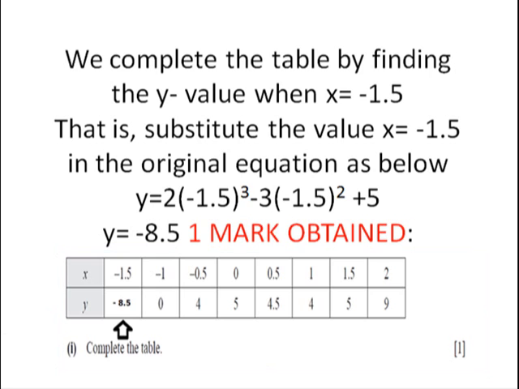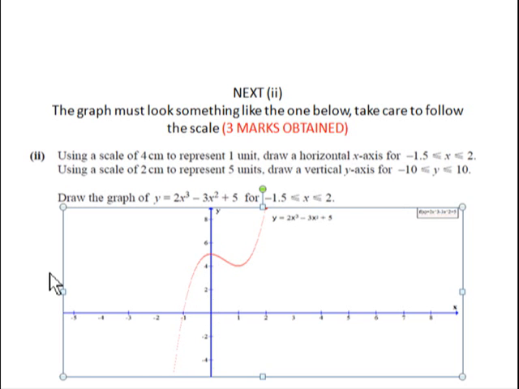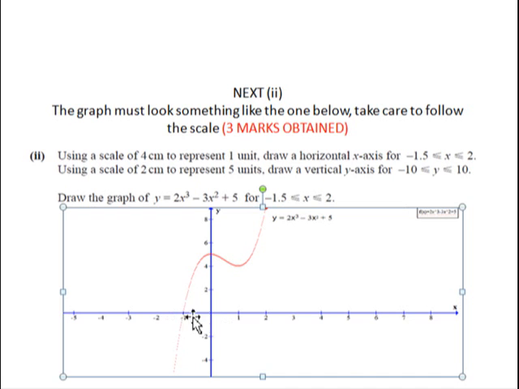The next part of the question, part 2, says using a scale of 4 centimeters to represent 1 unit, draw a horizontal x-axis for x greater than minus 1.5 and less than or equal to 2, and on the y-axis for y greater than or equal to minus 10 and less than or equal to 10, use a scale of 2 centimeters to represent 5 units. So from there to there on the y-axis, that should be 2 centimeters, and on the x-axis from minus 1.5 to 2,